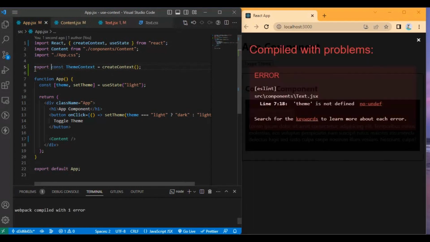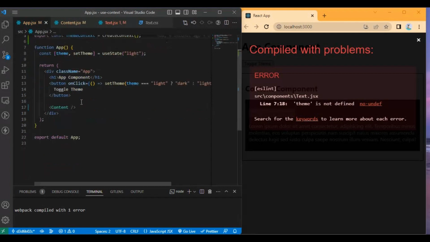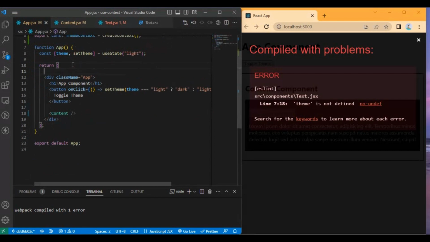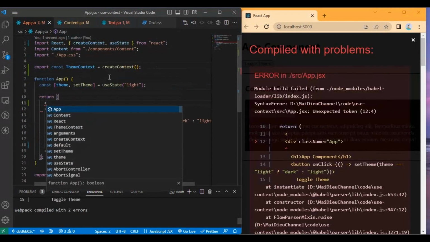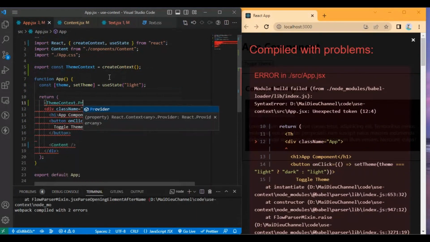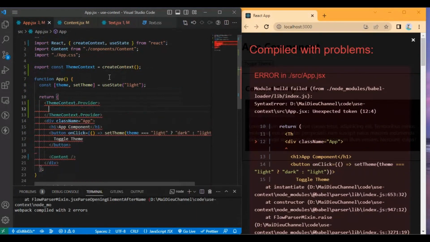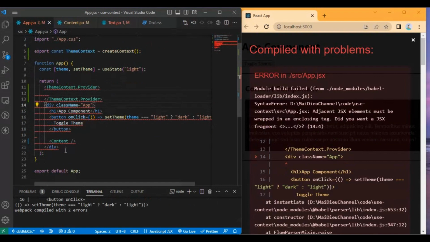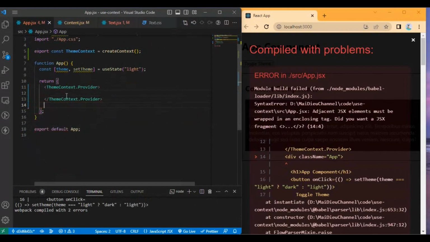Then to use the theme context, we have to use the context provider to wrap all the code that I want to access the data stored in the context. I can get a provider from a theme context like this and wrap all of my code in this provider.